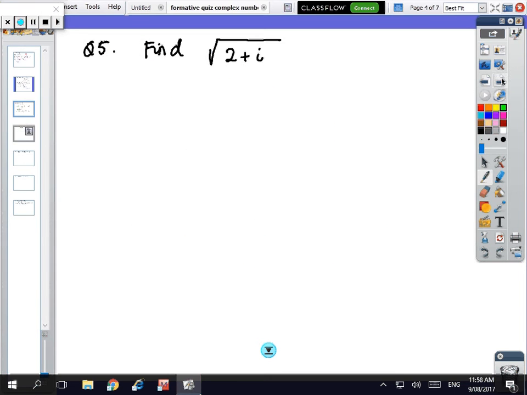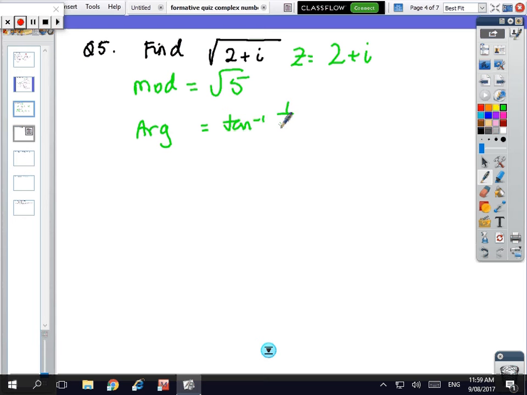Okay, moving on. Finding this, I'm going to do modulus form. So modulus equals, so I've got to turn it into 2 plus i. So that's going to be root 5, and the argument is tan. Oh, this is not pretty. I haven't got a pretty answer here. Sorry, guys. So tan minus 1.5. You've got to use